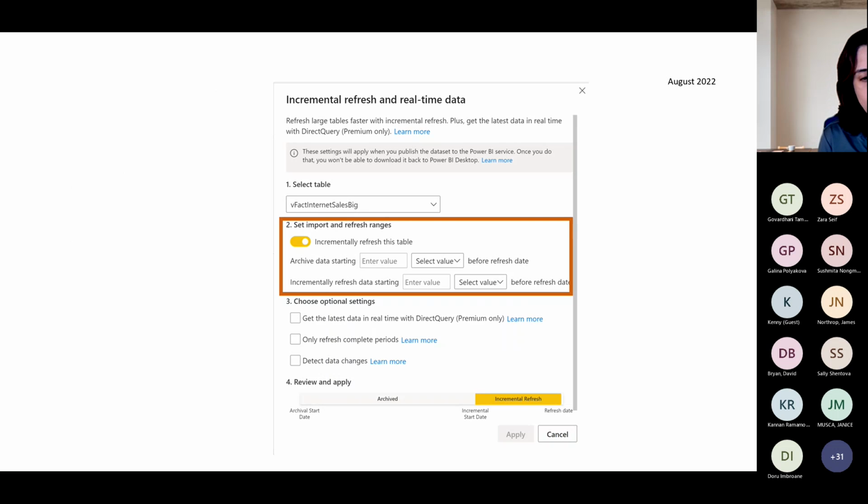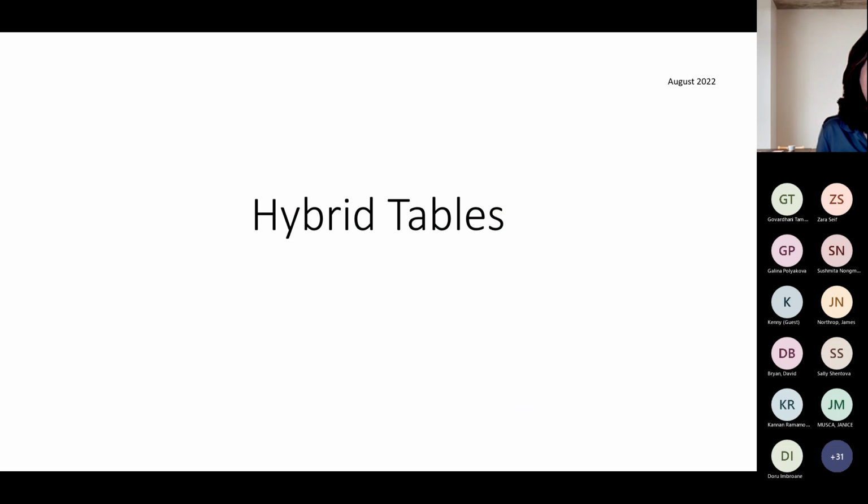All right. So the incremental refresh is something you define using Power BI Desktop. You right-click on your table, and then you tell it what you want to be the archive data, which is the data that's pulled only once, and then the window where you want the data to be refreshed. Now, everything that we talked about so far, you can do with Pro.